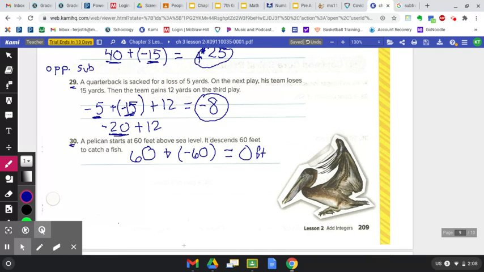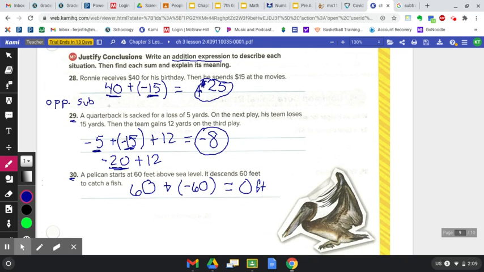All right, one last thing I want you to think about as we look into subtraction of integers starting tomorrow is what is the relationship between addition and subtraction, or how do you relate addition to subtraction? And we've looked at some examples up here. For example, 40 plus -15. So when we have opposite signs, and then similar to -20 plus 12,